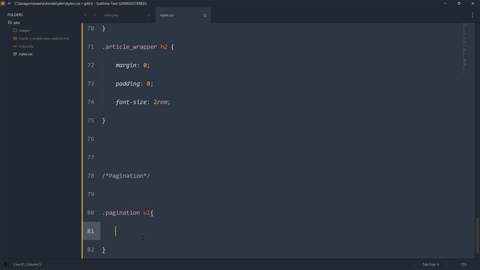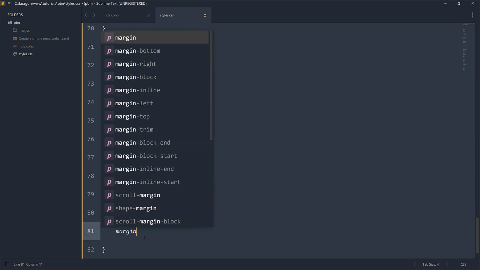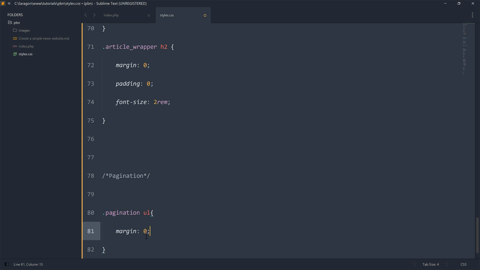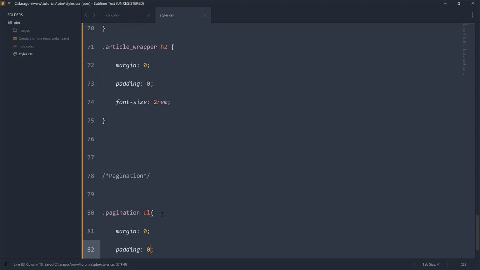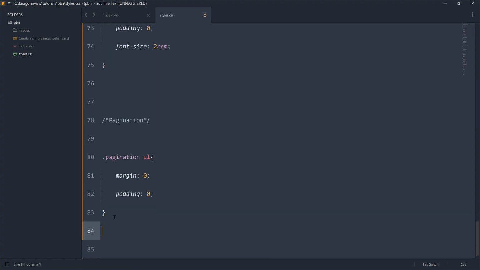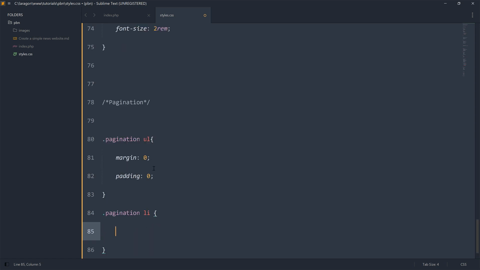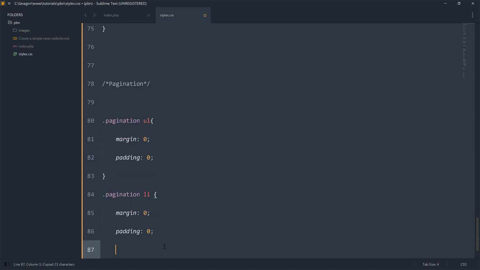For the UL, we want to remove the margins and paddings like this. And then for the li, we would also want to remove the padding and margins, and then the list style